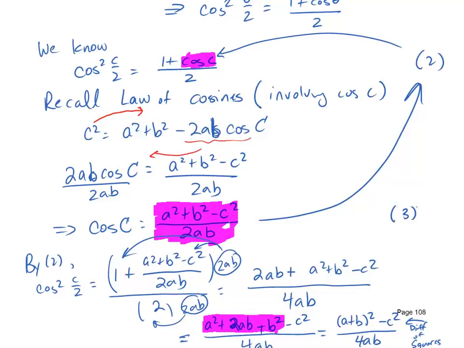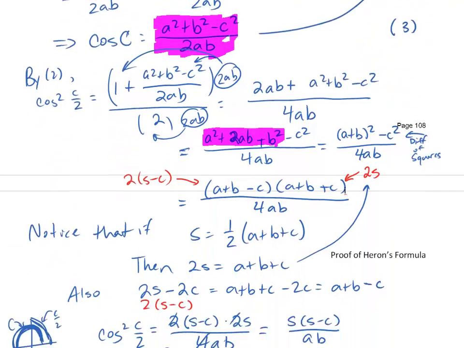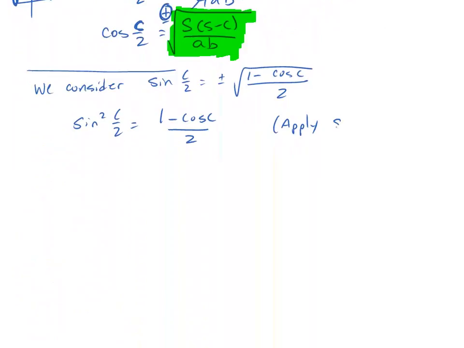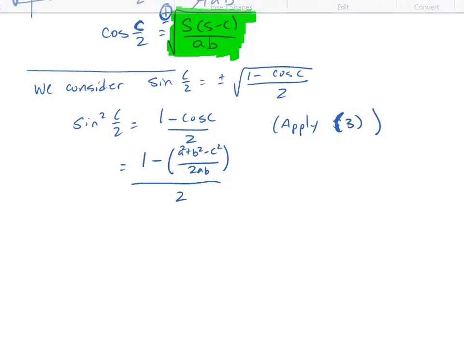We'll call this equation 3. Cosine of C is A squared plus B squared minus C squared over 2AB, namely that cosine of C, we have a squared plus b squared minus c squared, all divided by 2ab for any given triangle, all divided by 2. And using the same approach as before, if I multiply the top of this fraction by 2ab and the bottom by 2ab,